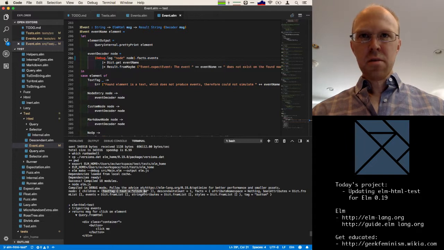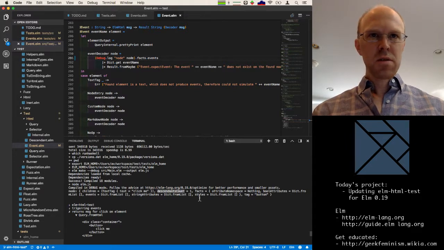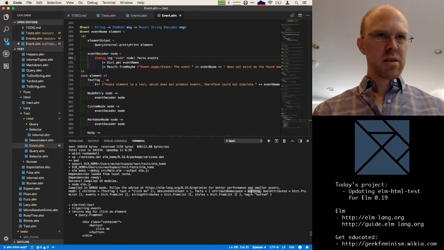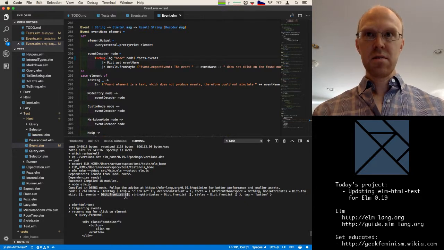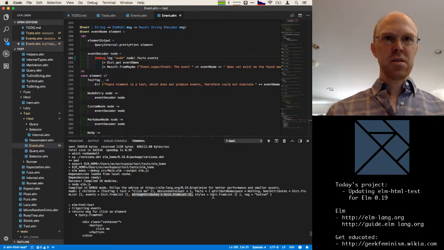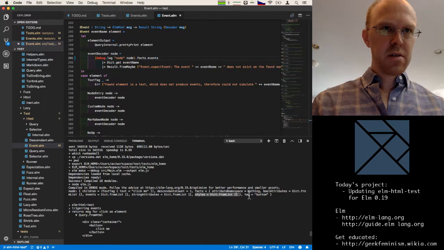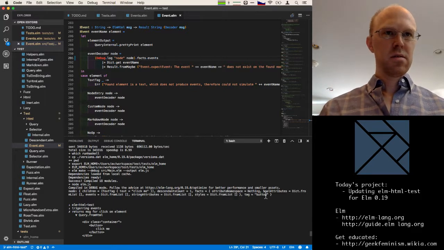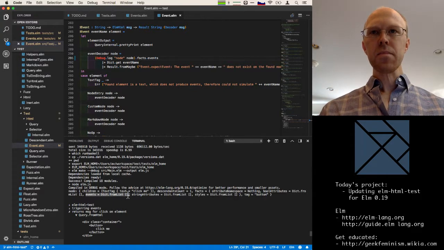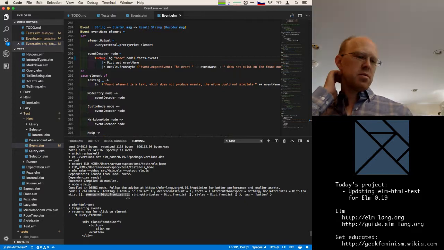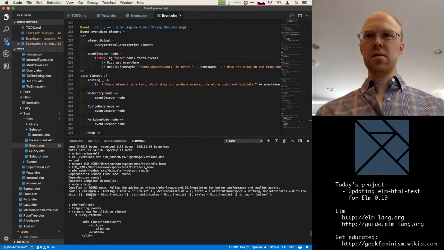It's got children with the click me text, one descendant. It's got facts, attribute. There's no attribute namespace. There's bool attributes is an empty dictionary. Events is an empty dictionary. So that's the problem, I think.